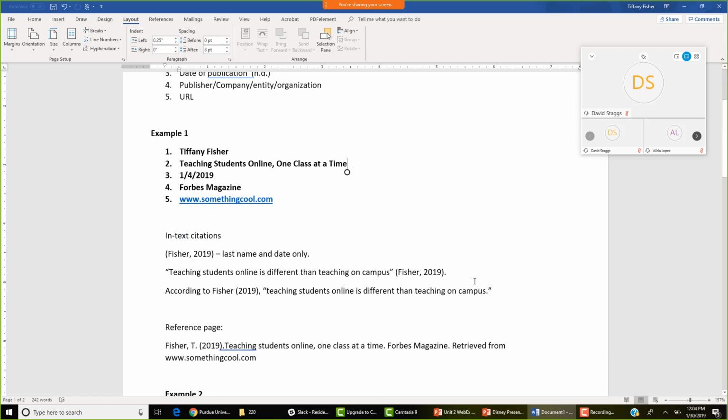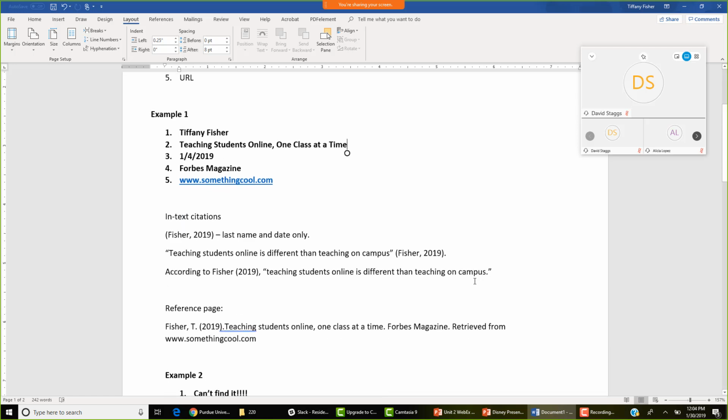Example 1 has found all 5 pieces of the key information. And this is just an article that I made up. So we've got the name, the article name, the date, the publishing entity, and then the URL. So for an in-text citation, it's very simple. You'll include the last name and the date only, separated by a comma. So in the 2 examples right here,